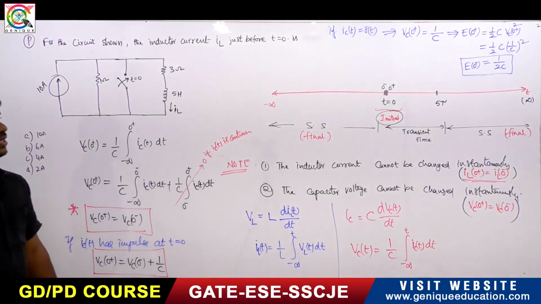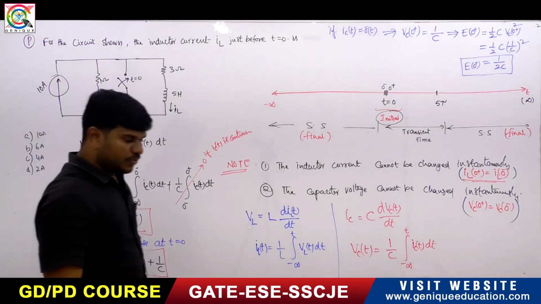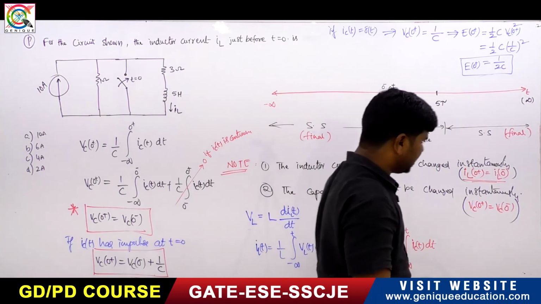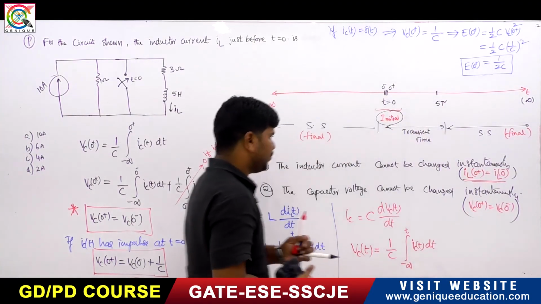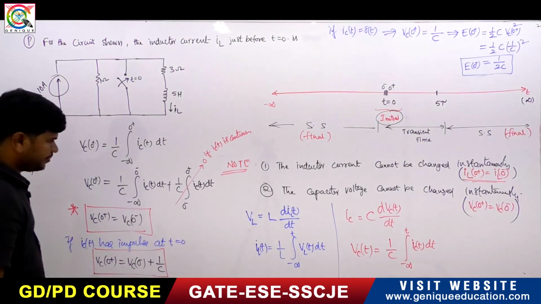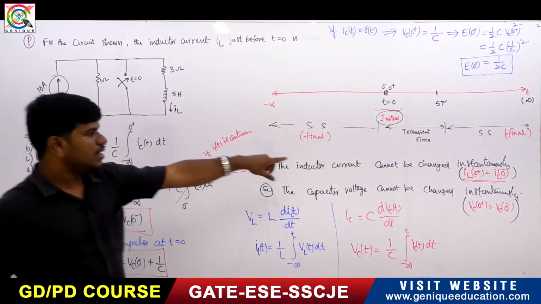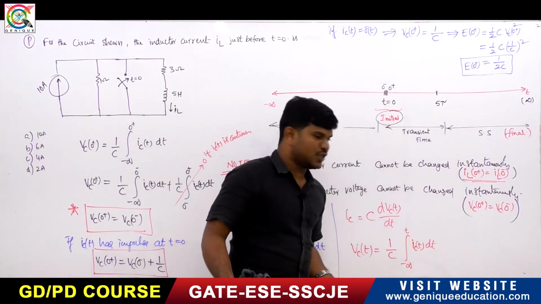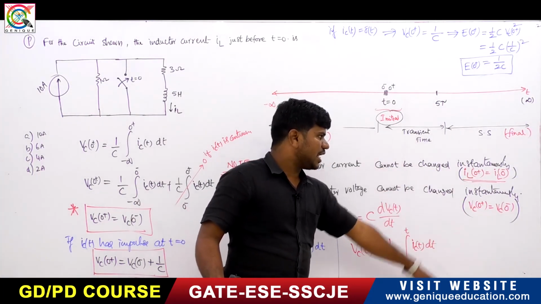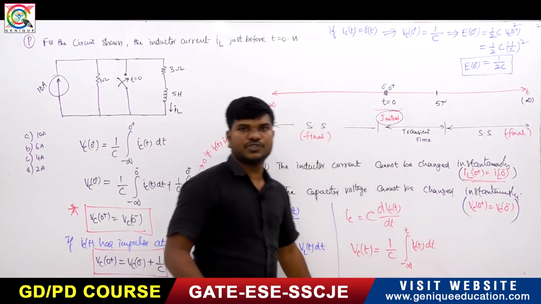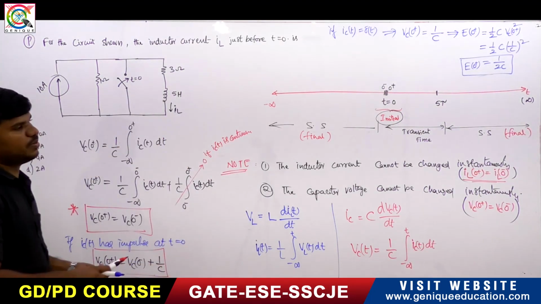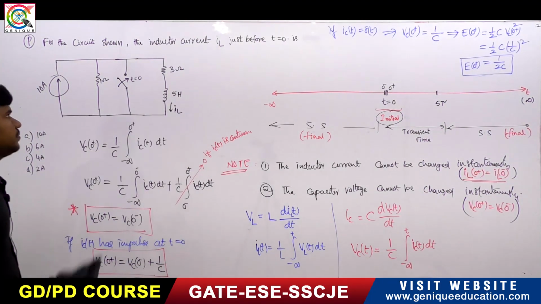So this is the theory you should know. Mostly they will be asking in these areas only. Here you have to remember up to this the 4 expressions: IL of 0 plus is equal to IL of 0 minus, Vc of 0 plus is equal to Vc of 0 minus. These are the things you should remember. Next,